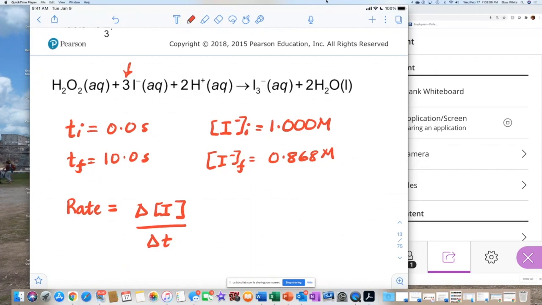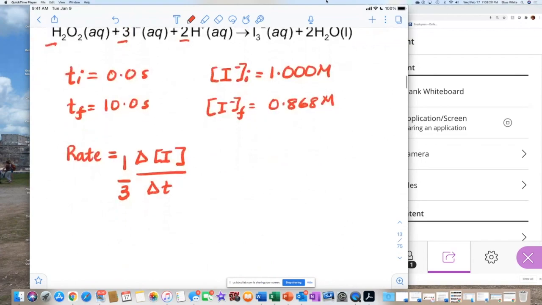They only gave us I minus, right? Remember the stoichiometry factors in here because you have different coefficients, so you have to include the 1 over 3, right? Times change in I over change in T. So this will be 1/3